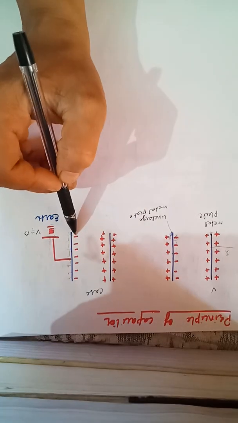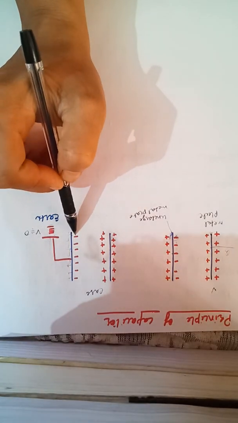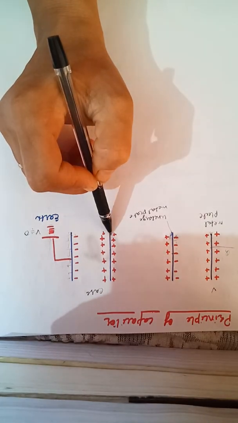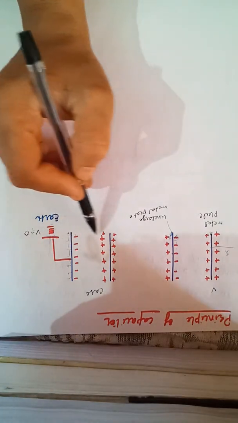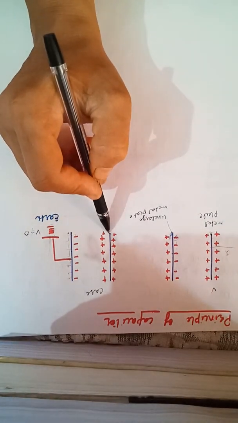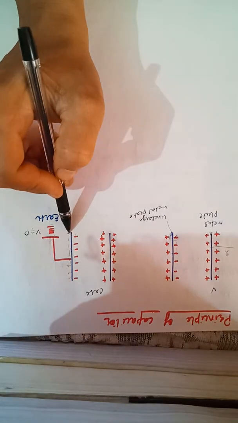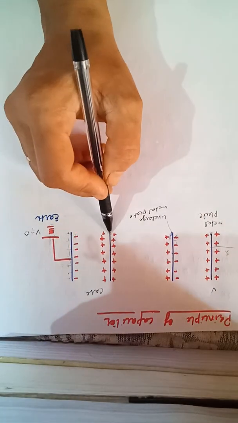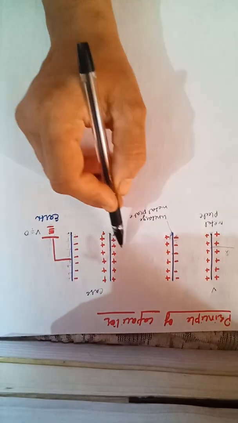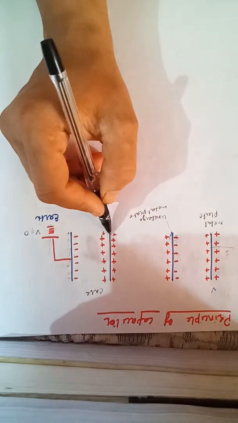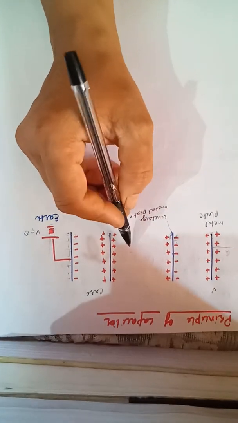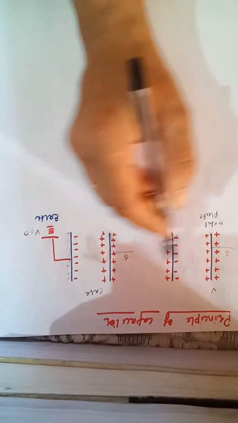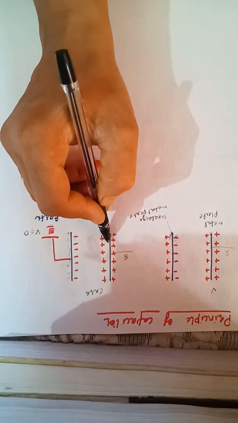Now what will happen? This is a negative charge. Due to the presence of this negative charge, the potential of this plate decreases. But here there is no positive charge, so we cannot say the potential of this plate increases slightly due to the presence of that charge. So only due to the presence of this negative charge the potential of this plate decreases greatly. So if the potential of this plate decreases greatly, to restore the charge it needs an extra amount of charge compared to the first case.